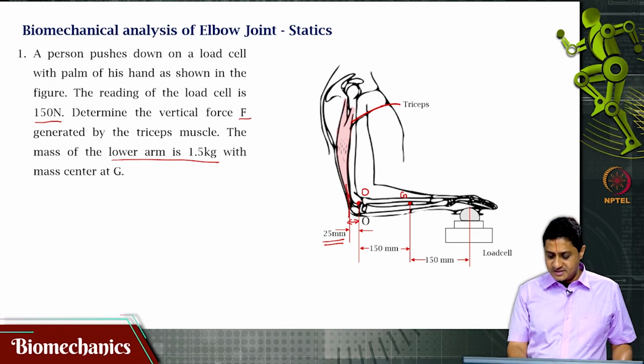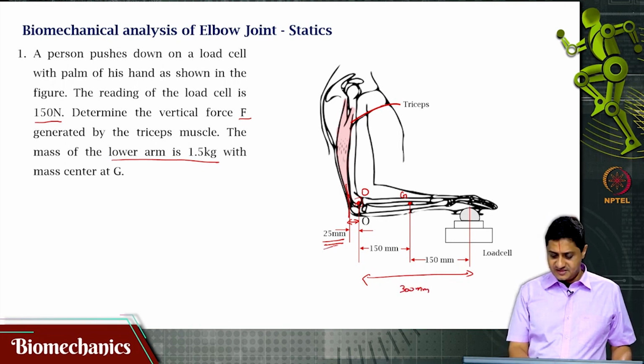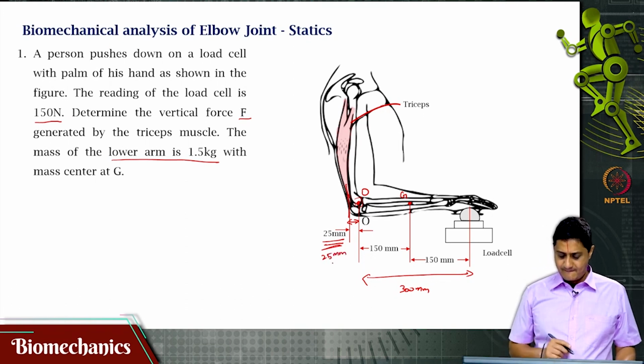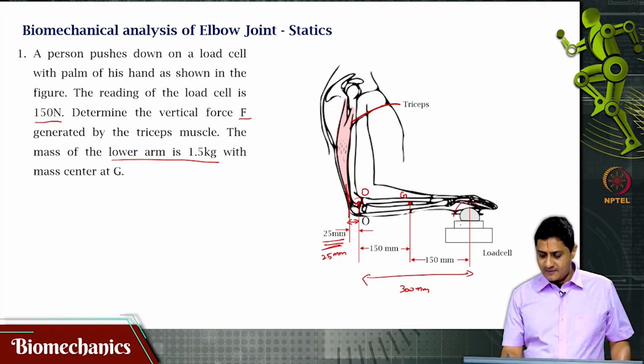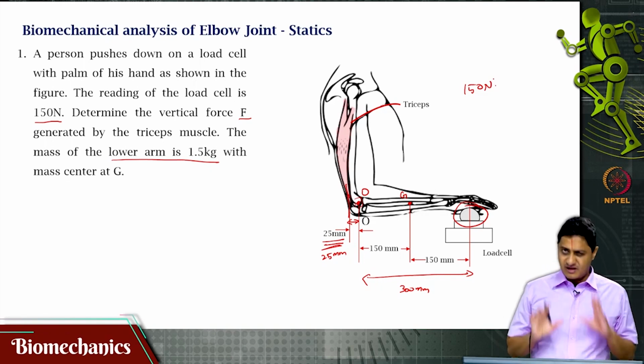Remember, the joint itself is here. The distance that we are looking at is 300. This distance is 25 mm. The measurement that you are seeing on the load cell is 150 newtons. Roughly,